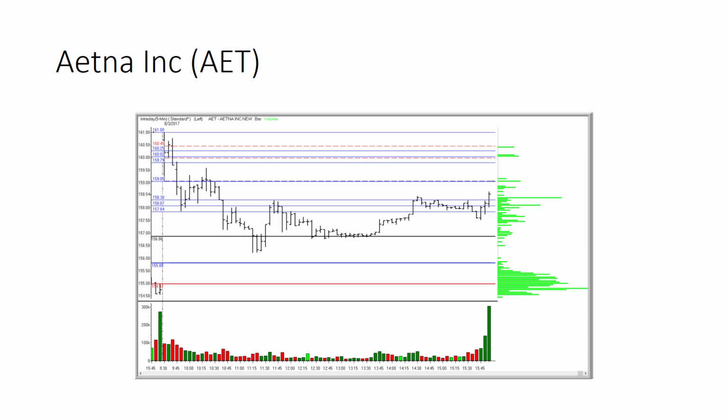So there's a bunch of stuff you can do. There's a bunch of ways you can manipulate these. I just kind of like them straight out of the box, but you might prefer to add some of these additional studies. It's all about what's right for you. It's all about what you're comfortable doing and how you're comfortable trading.